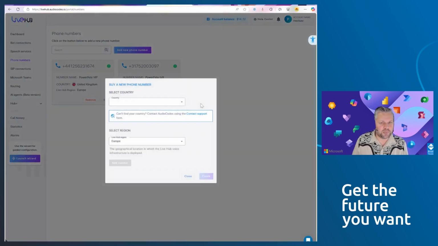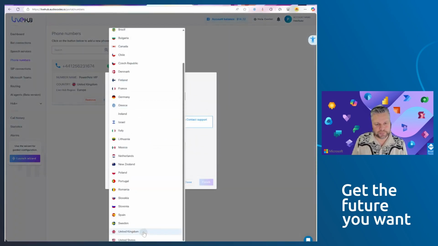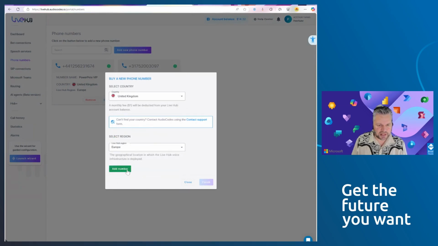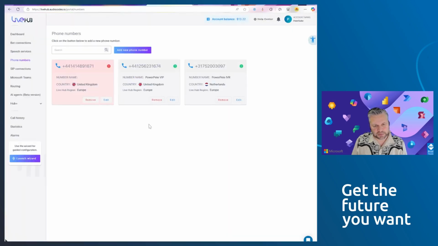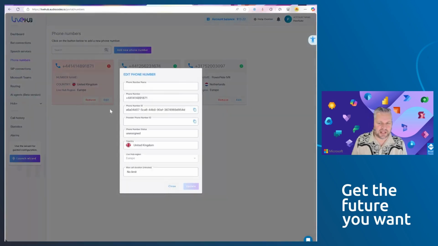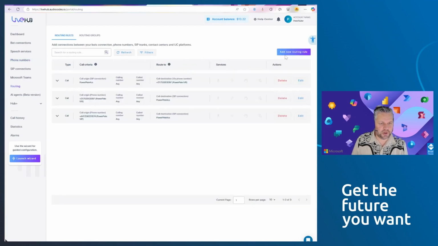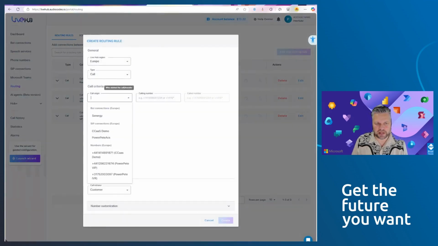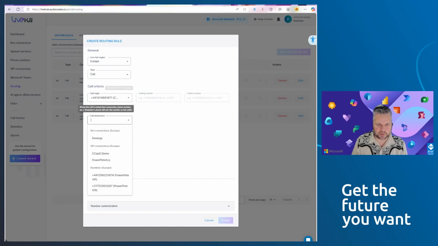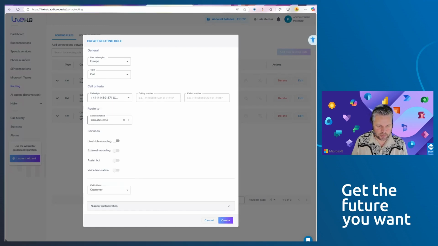Let me acquire a new number from the UK, because I don't need any verification from the UK. Let me acquire a new number instantly. There we go, it is finished. And let me add that to my CSAS demo. I'm just giving it a name, and then I'm going to do some voice routing. I'm going to create a new voice route saying that if anything comes in from that CSAS demo account, I want it to end up in my CSAS demo,